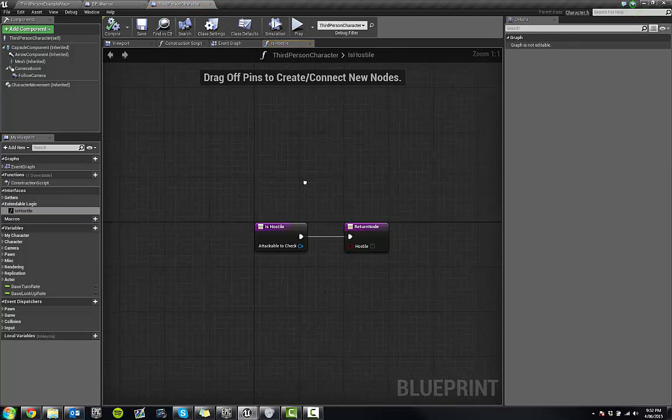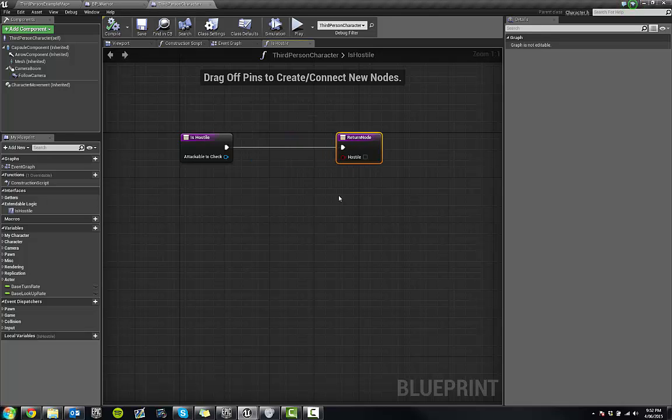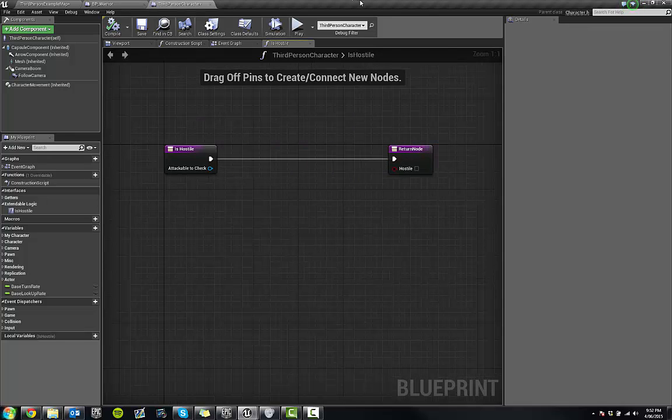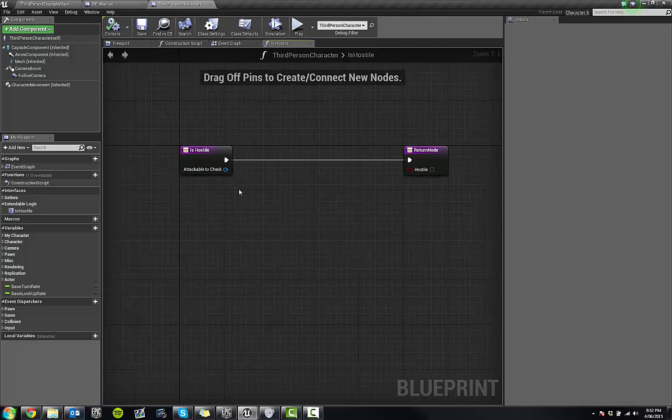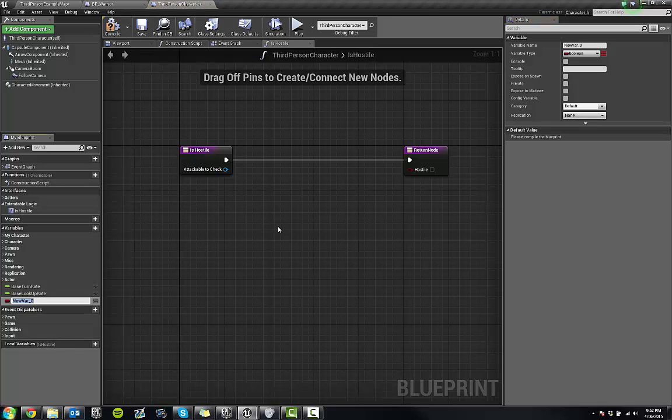So you've just got a function here which is Is Hostile. This is what the minions will check for when they're trying to interact with you. They'll check for two things actually. One, are you hostile to me? And now the easiest thing to do here is give yourself a team. So if I just add a variable Team,